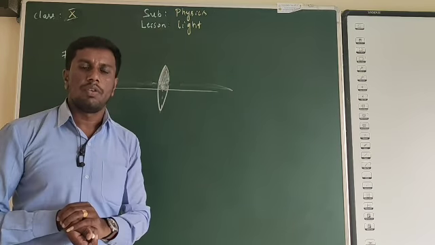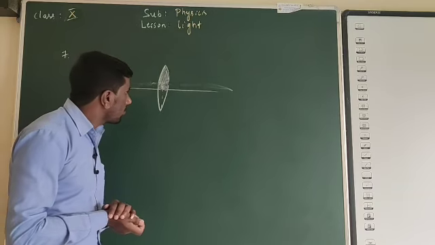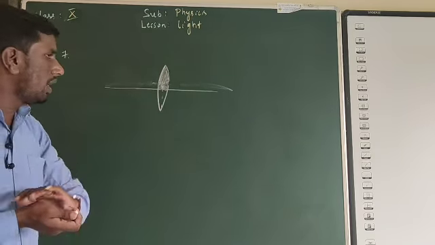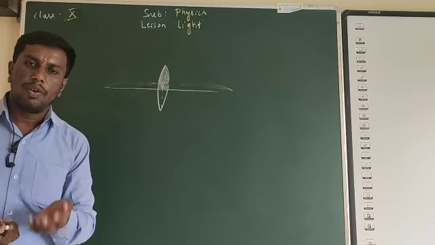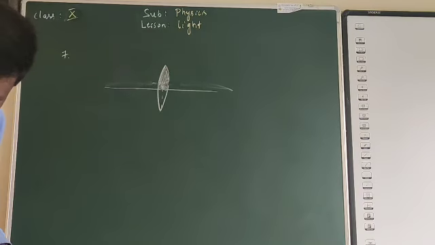So the explanation we have given, you can write the explanation. So that's it for that question. Even if you are covering half of the lens, you will still obtain an image. In fact, you will obtain the complete image. Okay. So the next 10